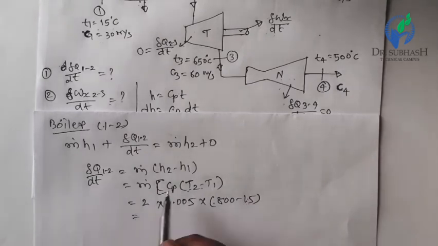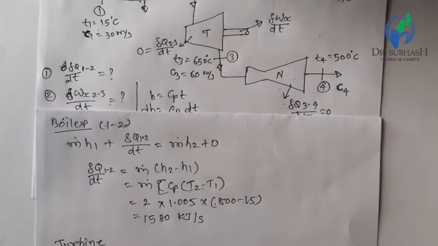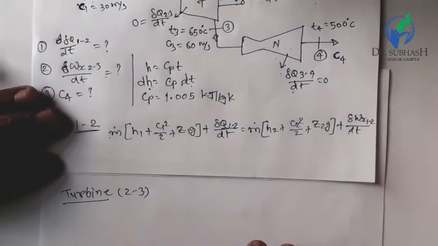Now we will apply this same equation of SFEE for the turbine, or for the second component turbine, say process 2 to 3 in our case. If we apply this equation for the turbine, there is no heat transfer, so dq will cancel out. For the turbine we will consider both inlet and outlet horizontal and Z1 = Z2, so we can neglect that term. C1 and C2 we cannot neglect at this stage because there will be a velocity difference across the turbine.